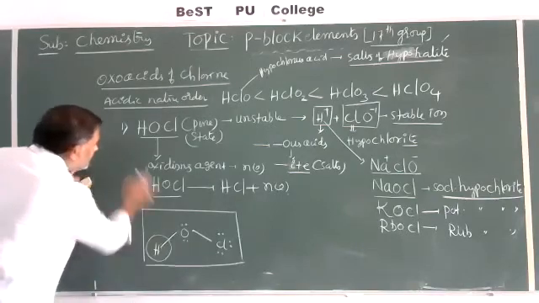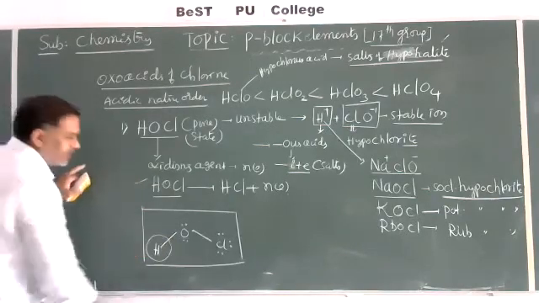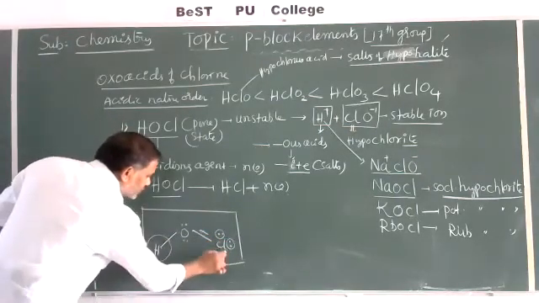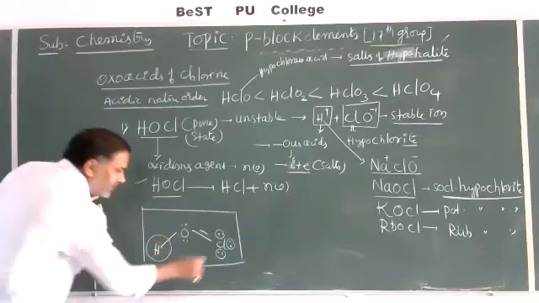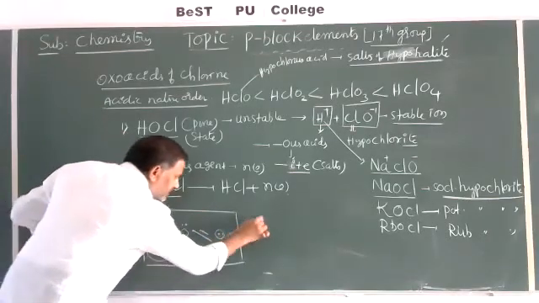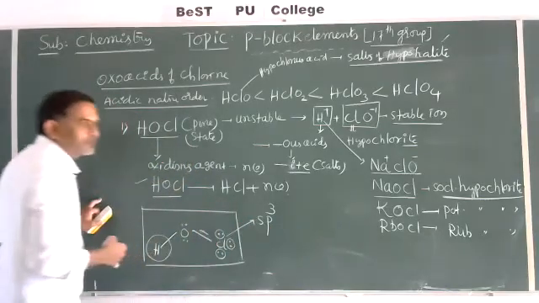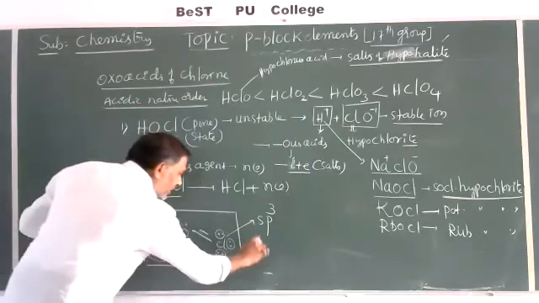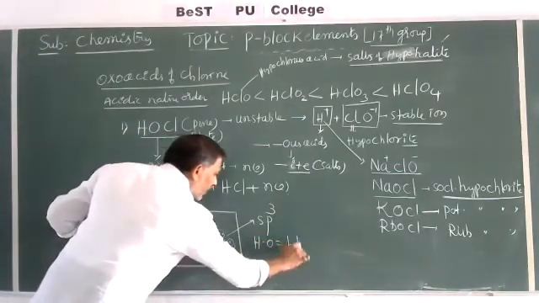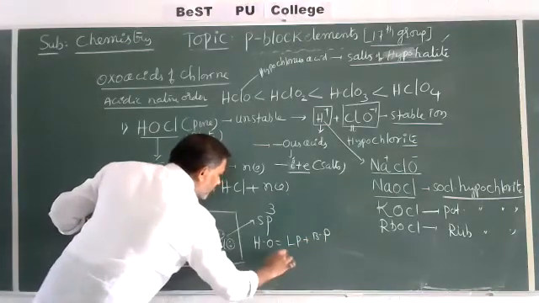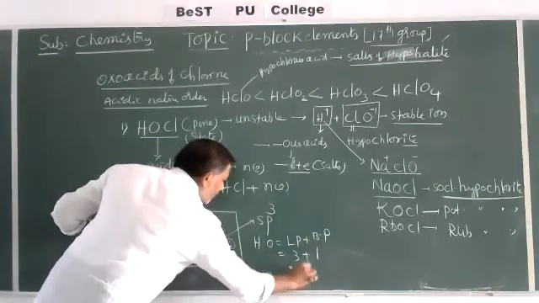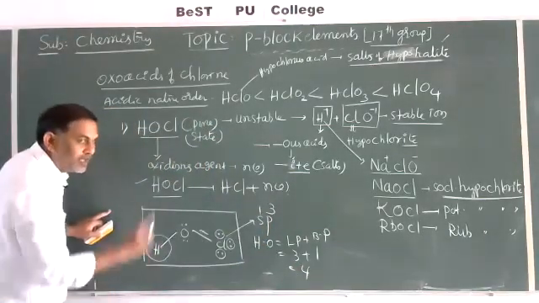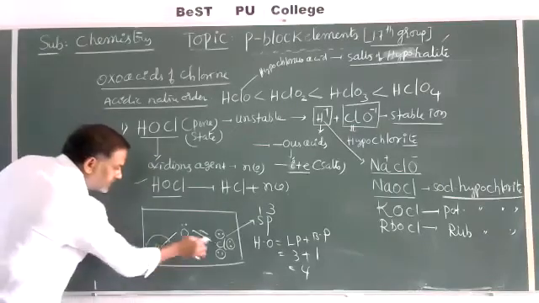Structure of this HOCl: between oxygen and chlorine only one sigma bond is there. Lone pairs, 3 lone pairs are there. If they ask, its hybridization is sp3. Why sp3? One sigma bond and 3 lone pairs are there. Hybrid orbitals are Lp plus Bp. Here Lp is 3 and Bp is 1, that's why 4, that's why 1 s orbital and 3 p orbitals. That's why its hybridization is sp3, but the shape is not tetrahedral.